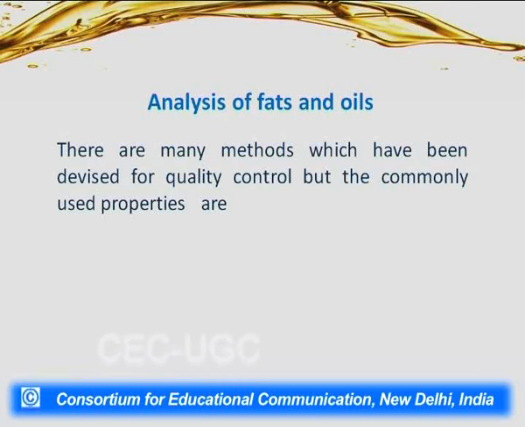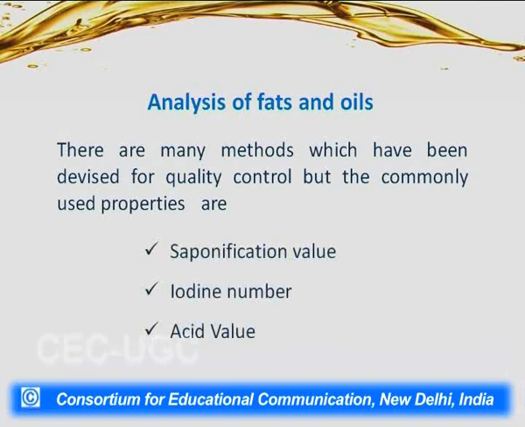Now, we move on to the next topic, analysis of fats and oils. As I said, these fats and oils form an important part of industry, mainly as a food product, and when they have to be sold, there must be certain parameters by which their quality should be controlled, obviously based on some properties. There are many parameters which are used for oils and fats, but we will discuss here the three most common parameters used in industry. These are saponification value, iodine number and acid value. These are the three points which are checked before the oils are sold.